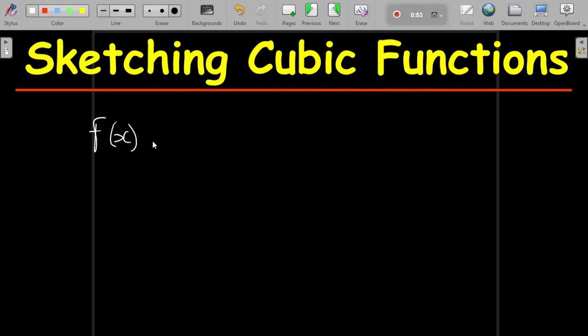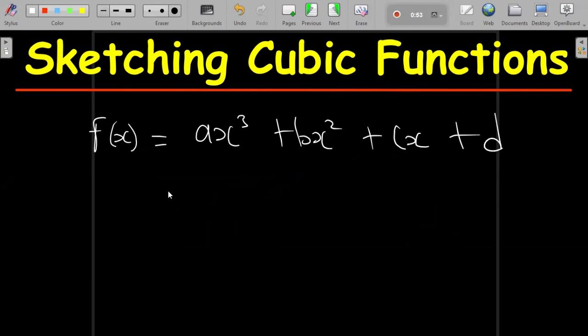f(x) = ax^3 + bx^2 + cx + d. So this is the general form of a cubic function, or a cubic equation. Once you graph this cubic equation,